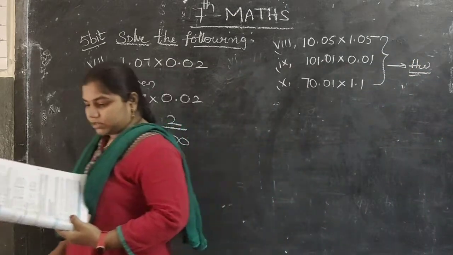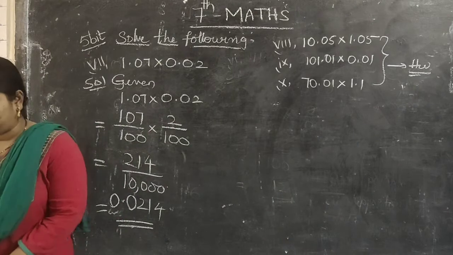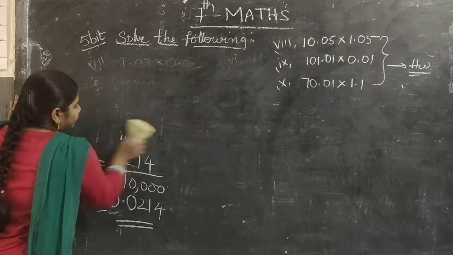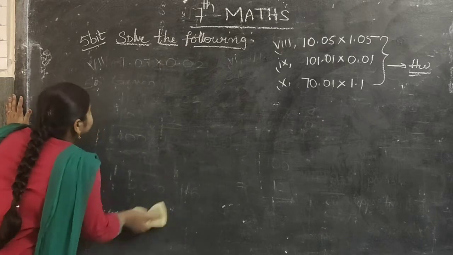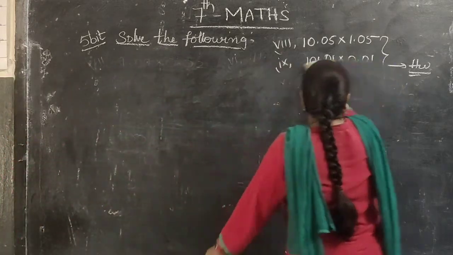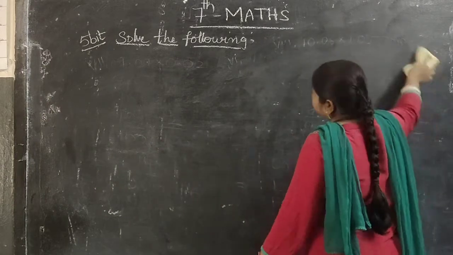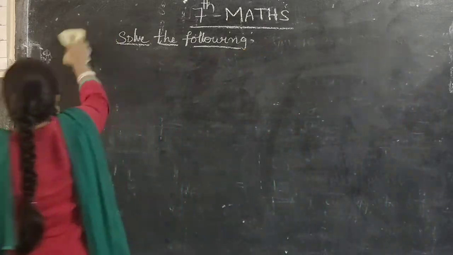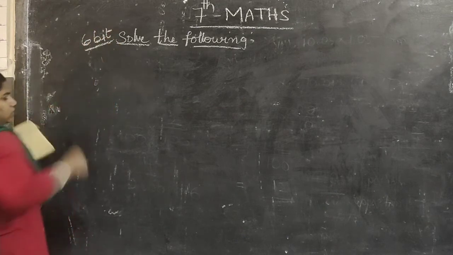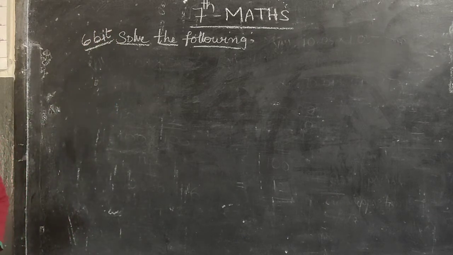So next is 6th bit. Now till now we have done multiplication. Now we are solving division. Solve the following. So already I told you how to do the division here. So 6th bit, first one is